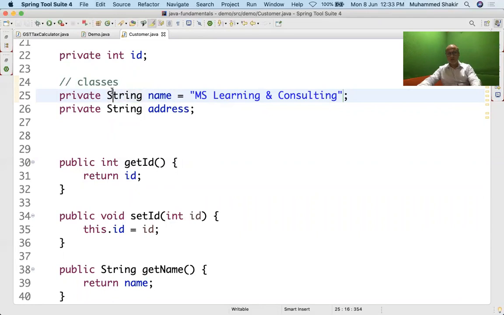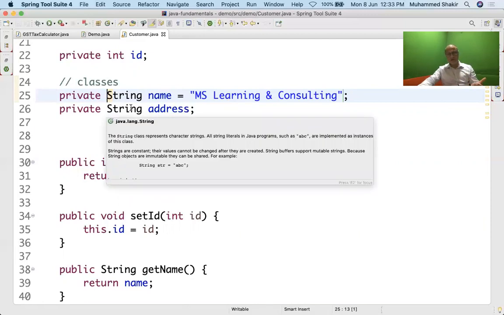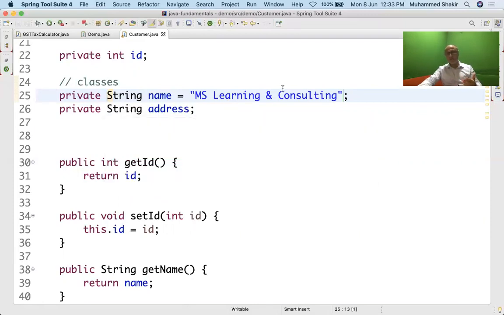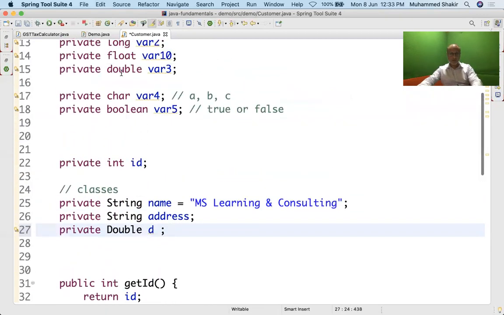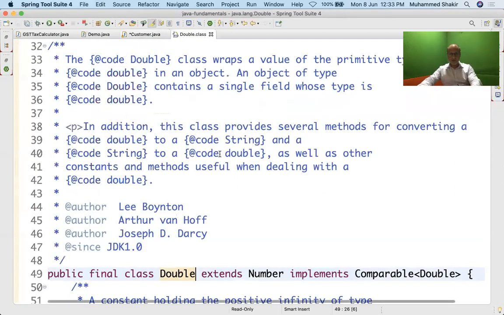These are classes. You will see that the name of such a data structure will always start with an uppercase. Why? Because this is a class. And I've already mentioned that a class will always start with an uppercase in Java, right? That's how it is. So String, you can see there are many other data types. I'll say private, I'll say double. Now you might have noticed that I've got a double here, but this starts with a lowercase. This is a primitive type. This starts with an uppercase. This is a class. And when I control click on this, it takes you to that class.